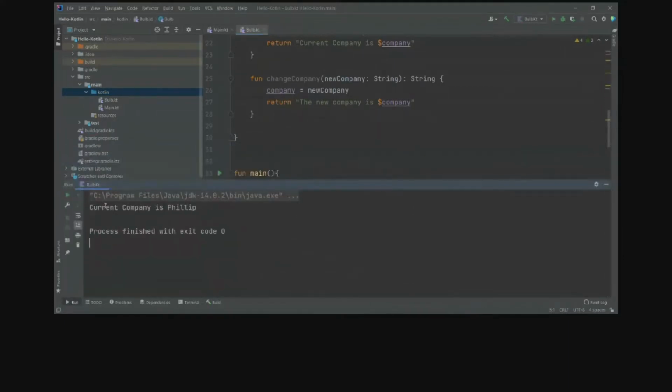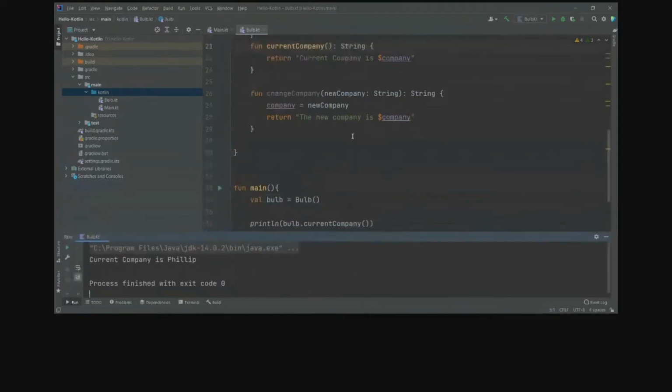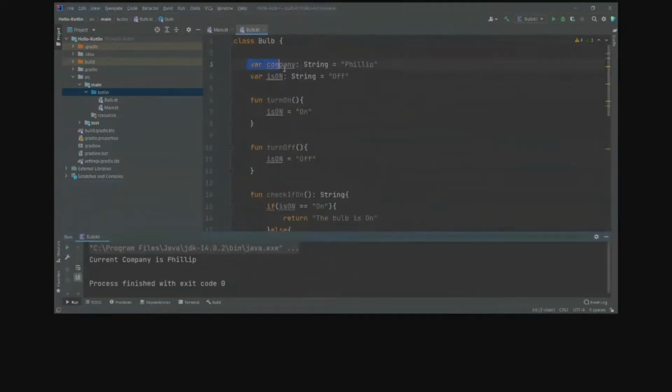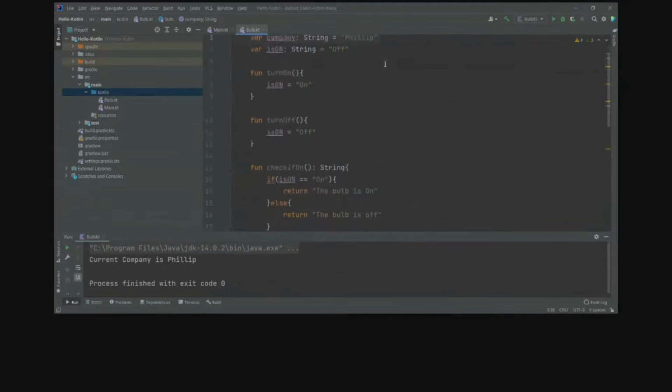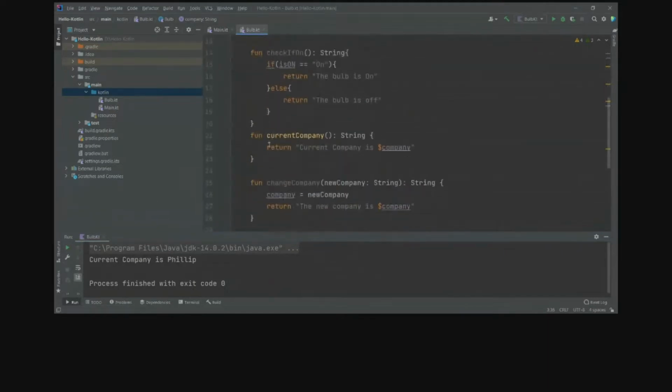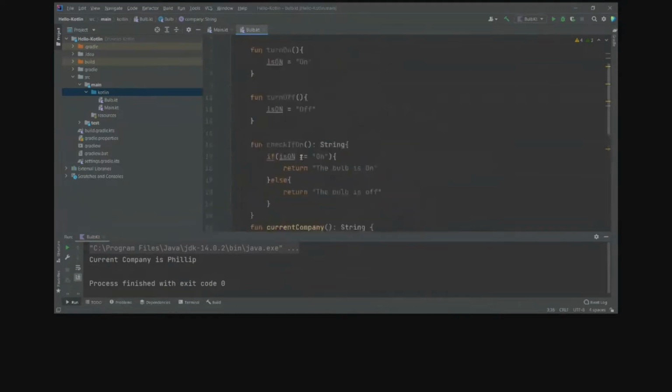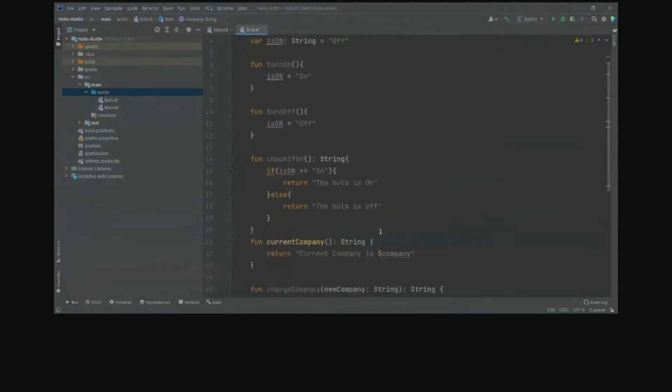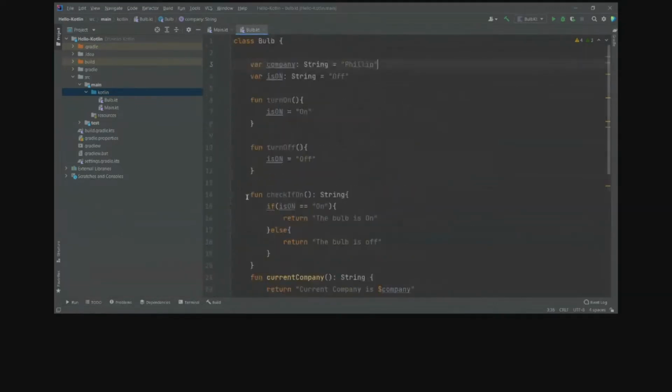It returns current company is Philip because I have already initialized this variable as Philip, right? And this current company method just returns this member variable. So here you can see what I taught in the session. I have used just the loops, and the when statement is not used in this program.